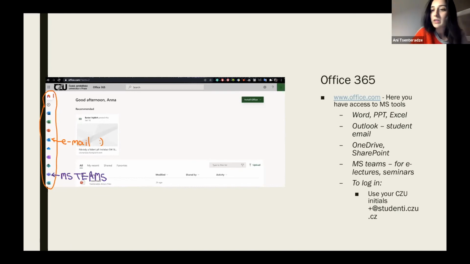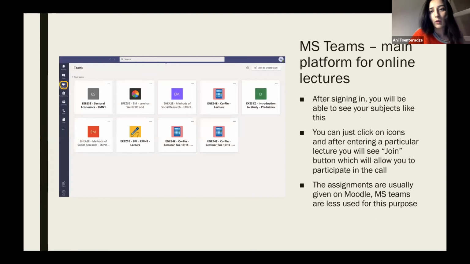On MS Teams, you will have most of the lectures. When you go to Microsoft Teams, this is how it looks. In the Teams section, you have all the lectures that you're enrolled in.